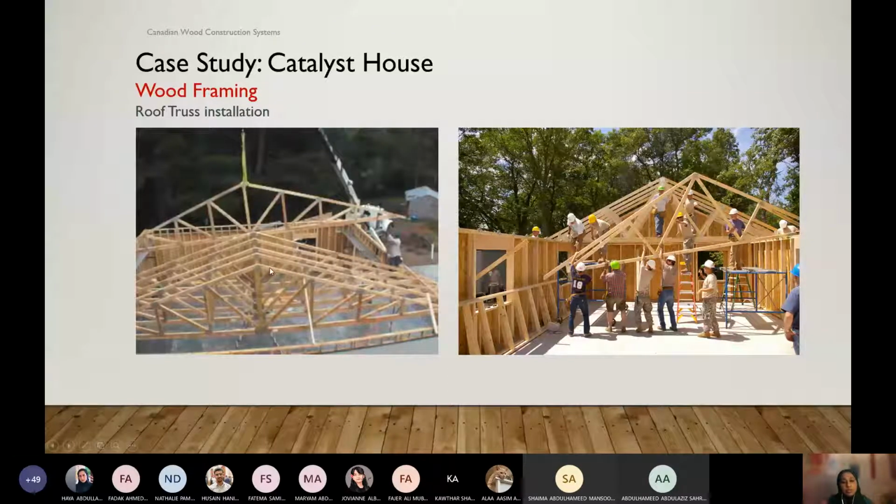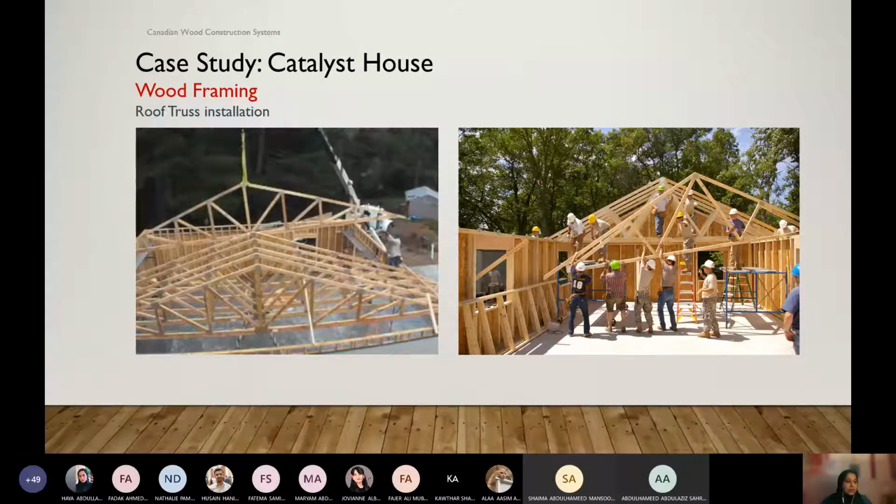Because we have the sloped roof, and nowadays those trusses are mainly all engineered. We create them according to our design, whatever slope we would like to have, and we give the manufacturer our drawings, and seeing our drawings, they make the trusses for us.